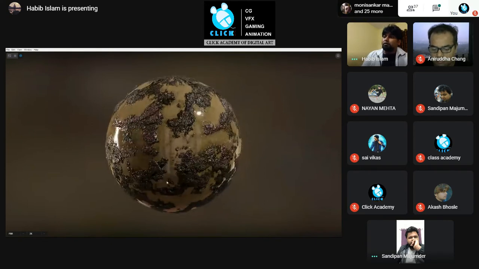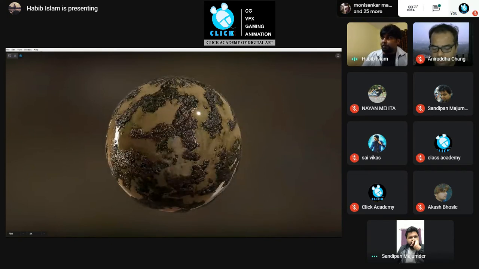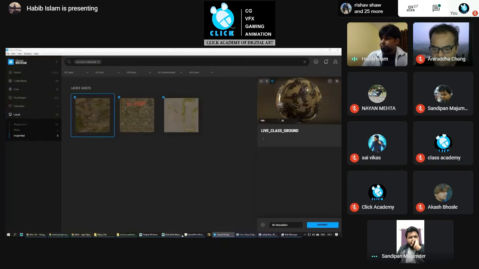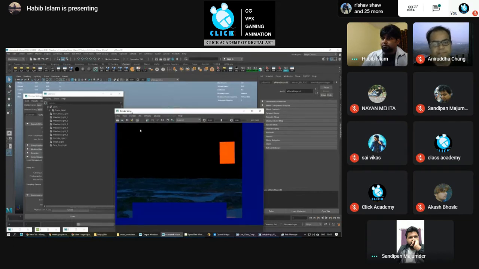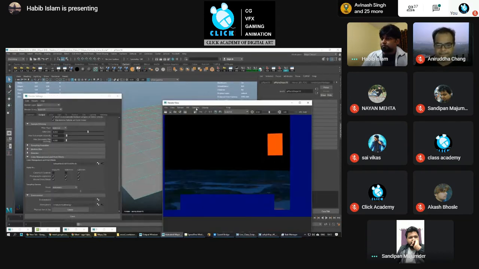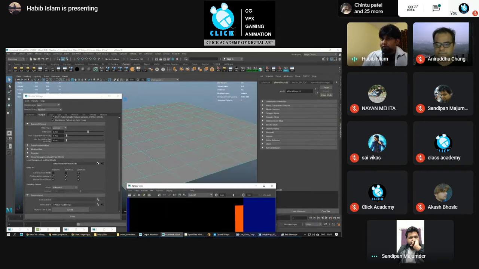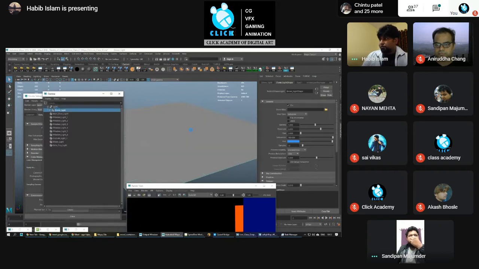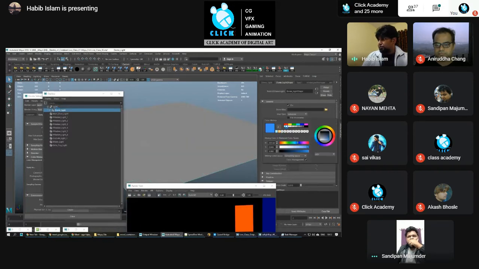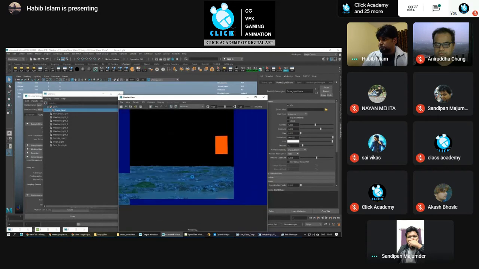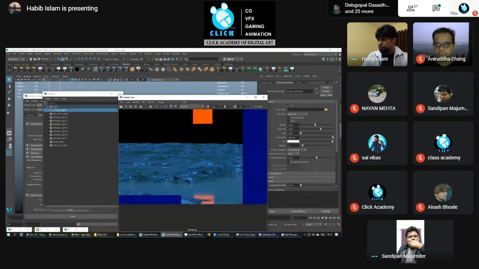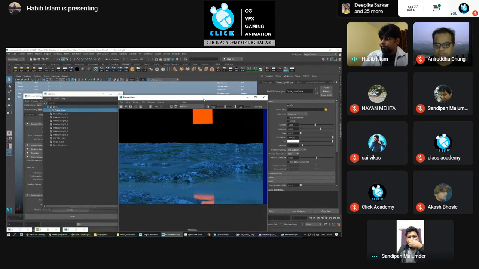If you assign this texture to any object, put a light and render, you'll get this kind of output. There is some color on the light, that's why it's getting blue. On the water you'll get automatic reflection.